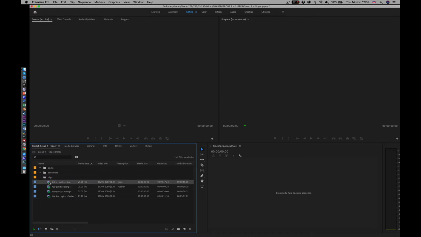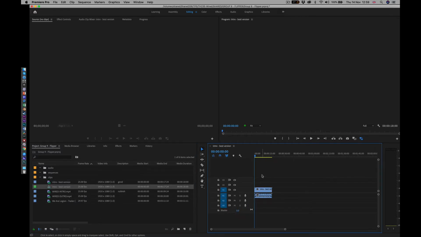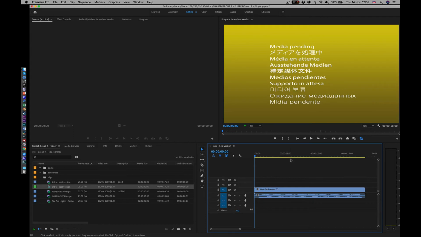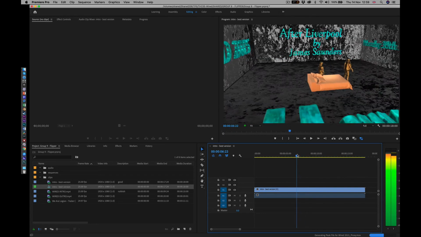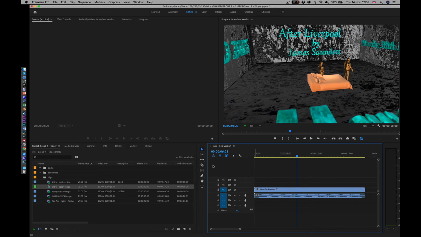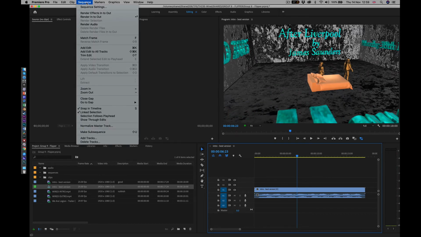So intro best version, well, let's see if it really is. I can't remember what this thing is. So I've dropped it onto the timeline here. I forget if I hit the backslash key and then can see all of it. Oh Lord. Right, okay. So this is now created a sequence, and one thing you can do is come up